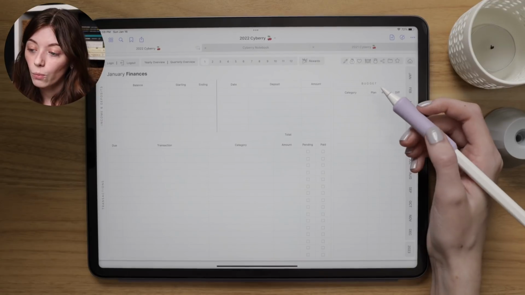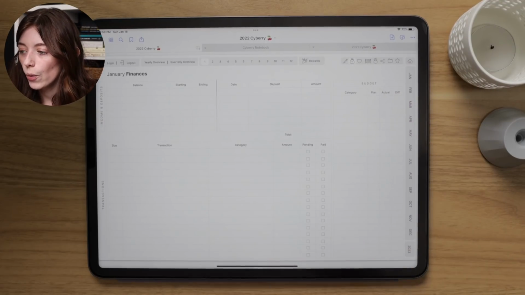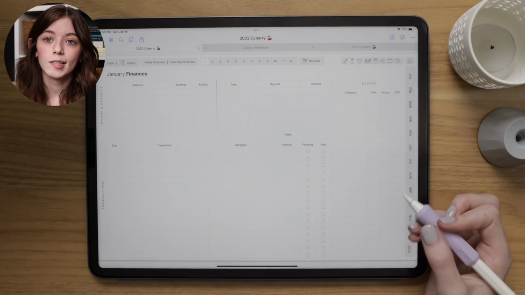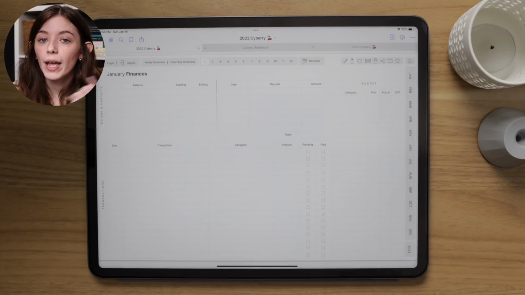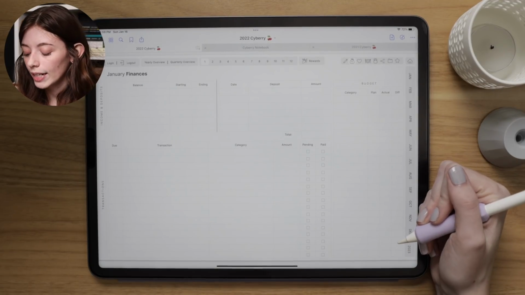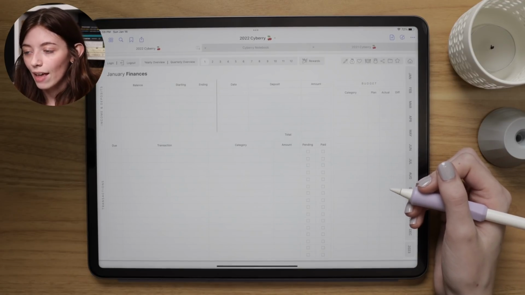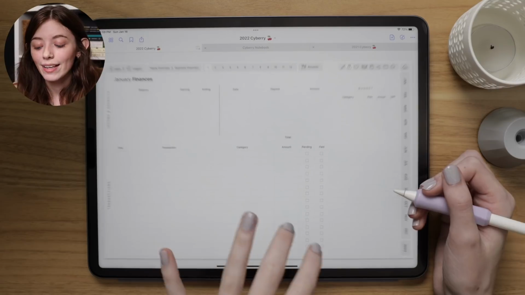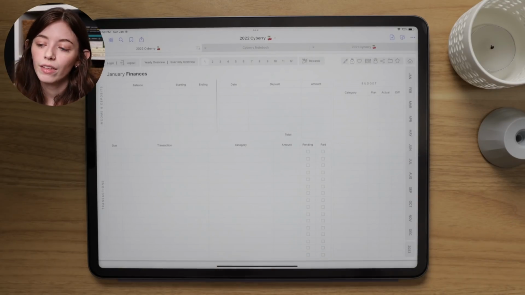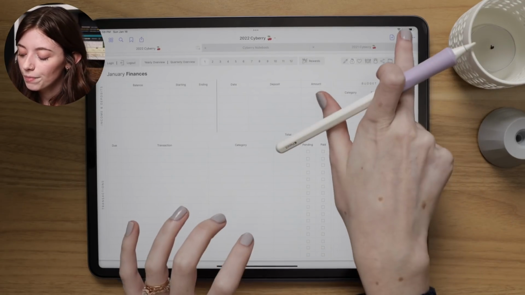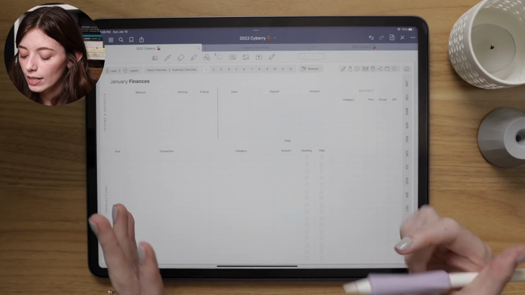However, what I think I might do is convert this into a future expenses page or a wish list page, so something still finance related, but something that I'm not having to access every day or every week. I can just have that live there, prices and whatever I want, and then what I can do is add